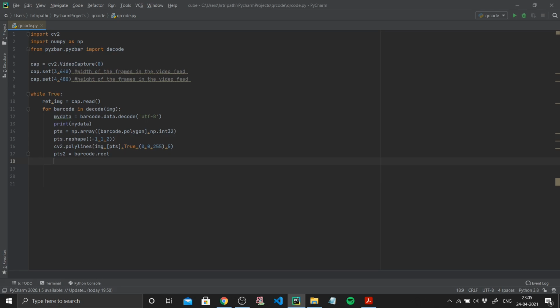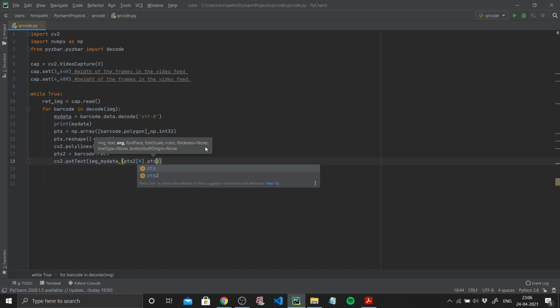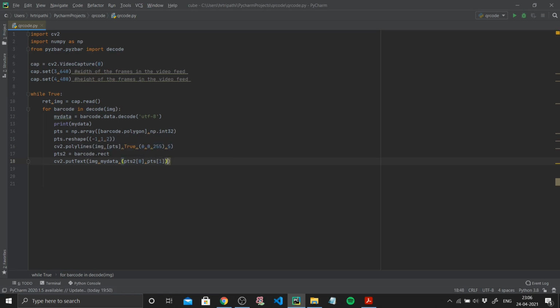So we're going to be using the rect from that particular field, so points2 equal to barcode.rect. Now we are going to be putting text, so cv2.putText into my image, and the text to be displayed is my data. We want to display this starting at points2 of 0, and this is my starting point, and display up to points2 of 1.